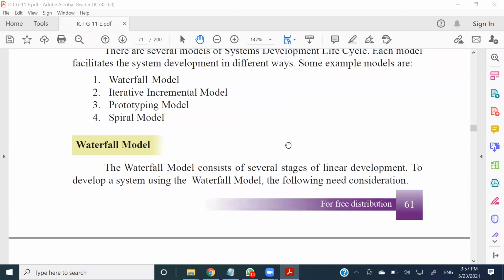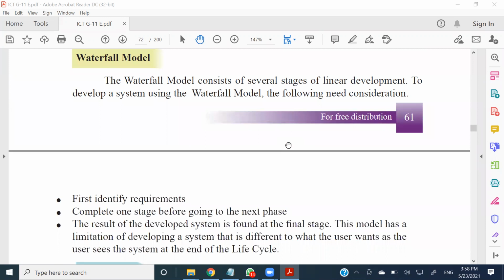Right? There are many others, like rapid application development and agile development. When you come to the A level, you will learn about these things under ICT. But here we are going to talk about the waterfall model as well as the iterative incremental model. Now, when it comes to the waterfall model,